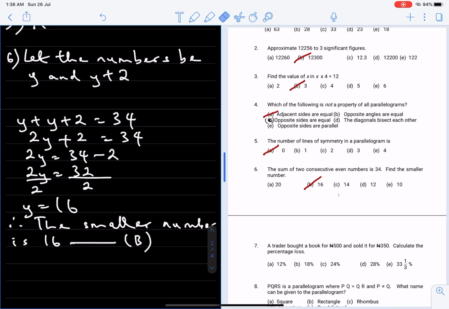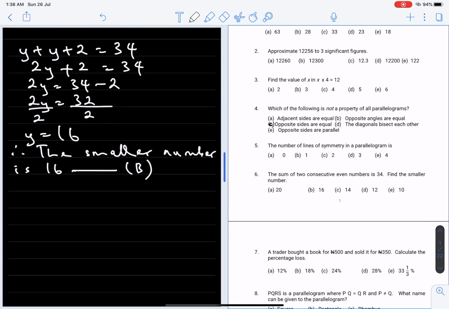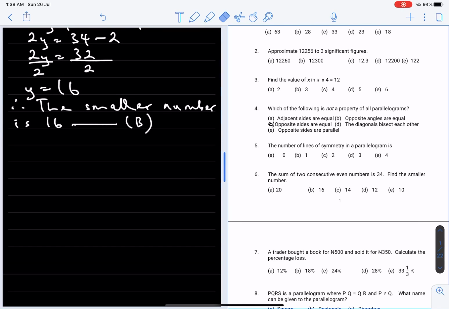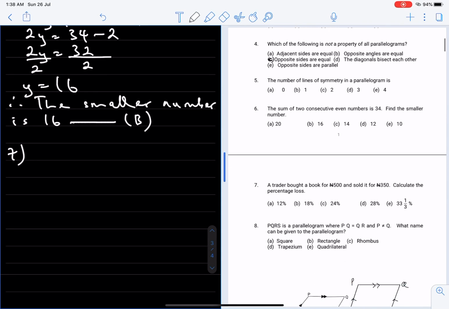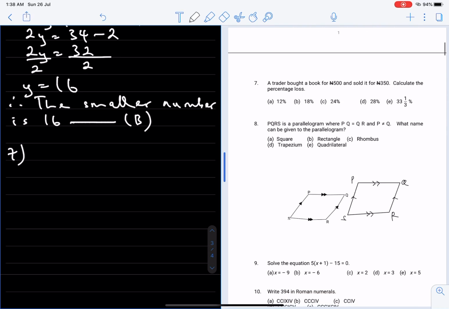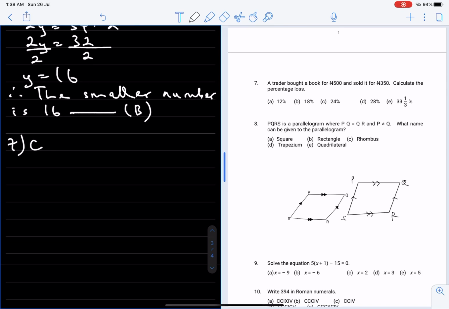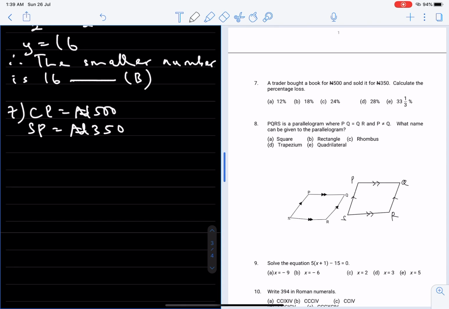Alright, I think I want to erase the markings on the questions. Yeah, so we go to the next, number 7. Number 7 is a trader bought a book for 500 naira and sold it for 350 naira. Calculate the percentage loss. Cost price is 500 naira. Selling price is 350 naira. So percentage loss is